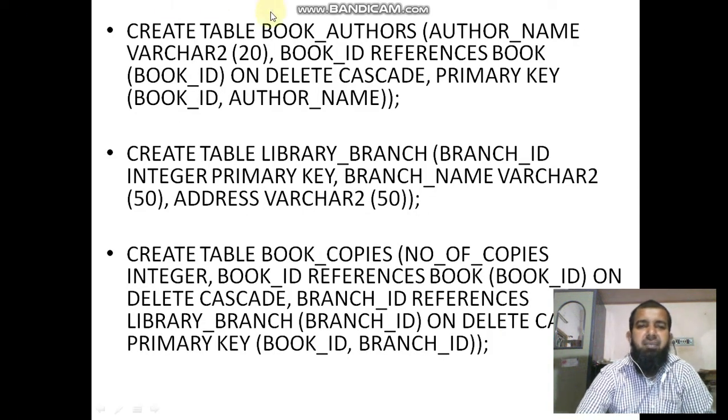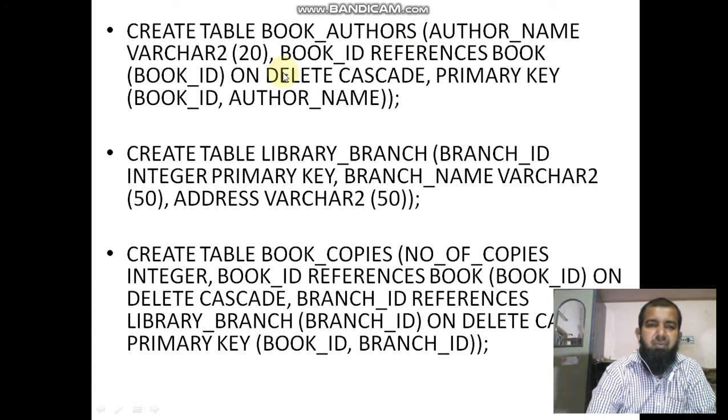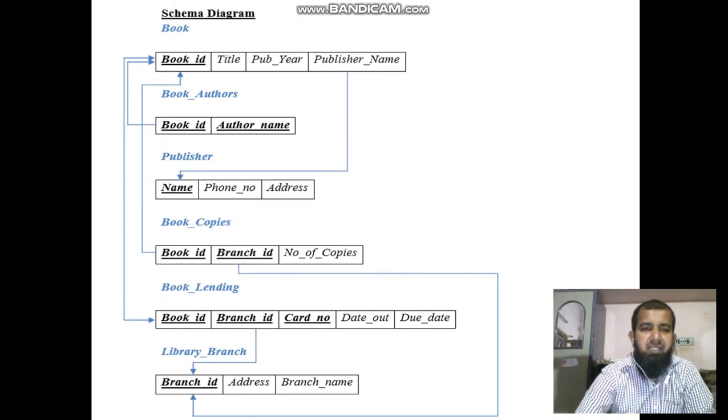Next, create table book authors. Book authors contain what? Author name and book ID. Both are the primary keys. Book ID is a reference to book ID of the book table.